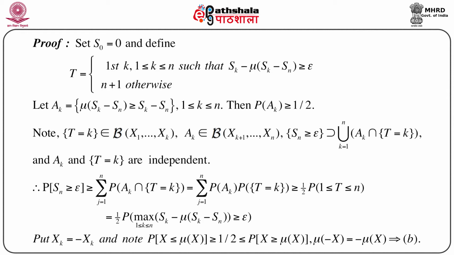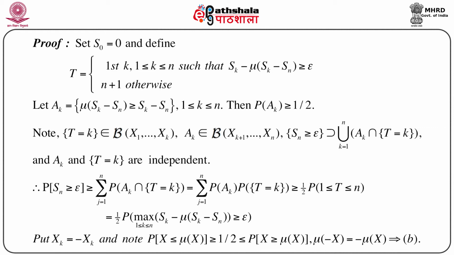Now let us note this T equals k. Now T equals k basically belongs to the sigma field generated by X1, X2, ..., Xk, and hence A_k, which belongs to the sigma field generated by X_{k+1} up to Xn, and the event Sn greater than or equal to epsilon contains the union for k equals 1 to n of A_k intersection T equals k,